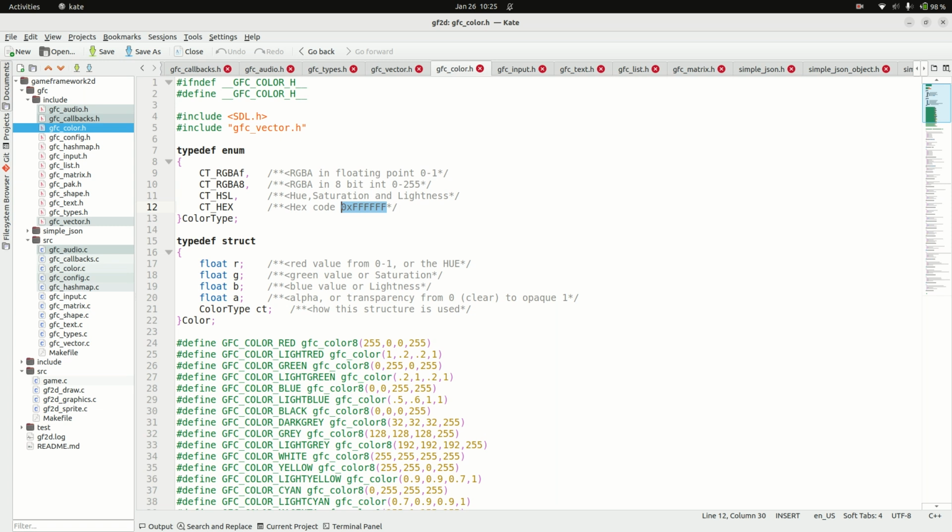Plus, being able to access colors as hue, saturation, and lightness lets us do some creative things with color and time. I can vary the lightness of a color and make something look like it's pulsing. I can vary the saturation on something and send something to grayscale, but still keep its shading and its colors. And in the hue, I can just vary things a little bit and keep things close to whatever